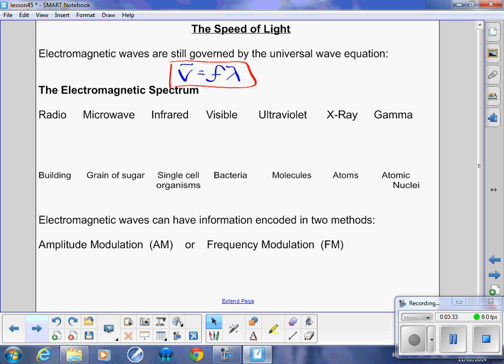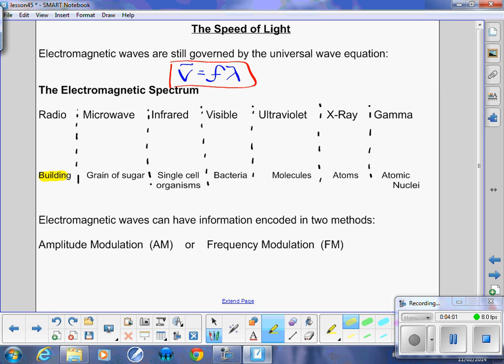Now, the electromagnetic spectrum. So what I've tried to set up in the note, and as you'll see, doesn't work out perfect, is I tried to kind of categorize certain regions in our spectrum. So I'm just going to put some black dashed lines to separate them. And what I have below is kind of the descriptor or something that's of equivalent size. So radio waves are roughly or approximately the size of buildings. Okay, microwaves are about the